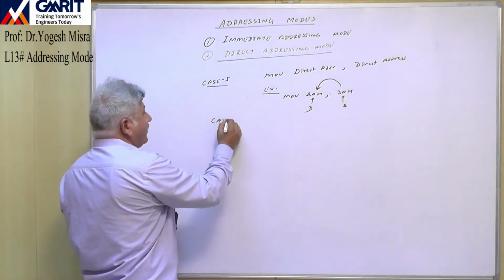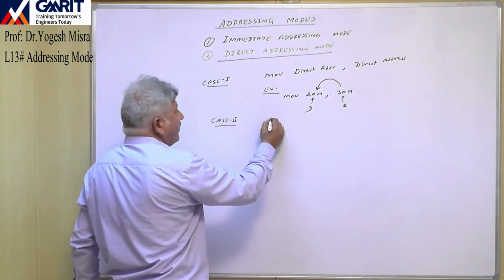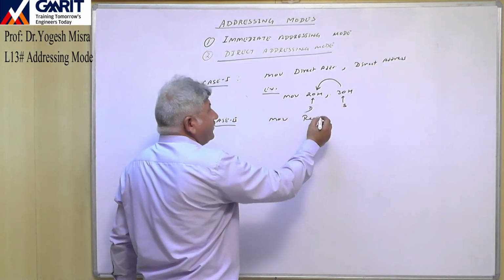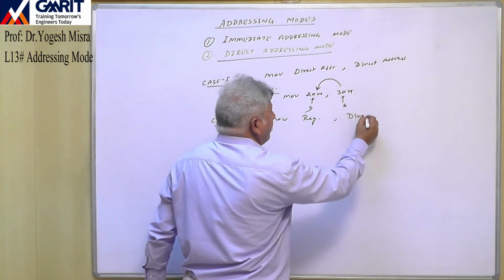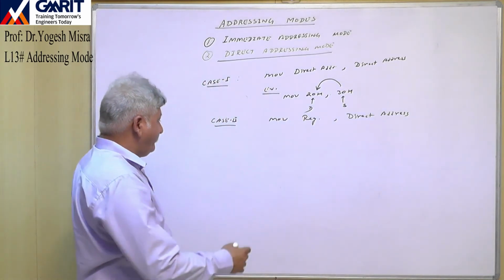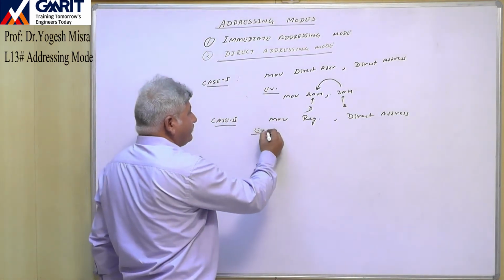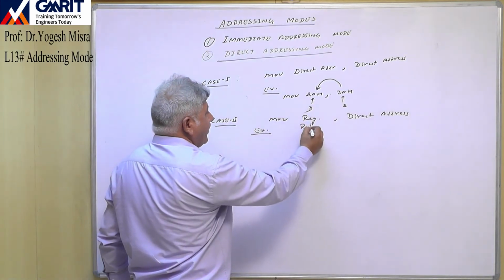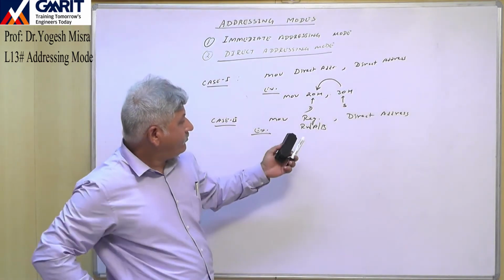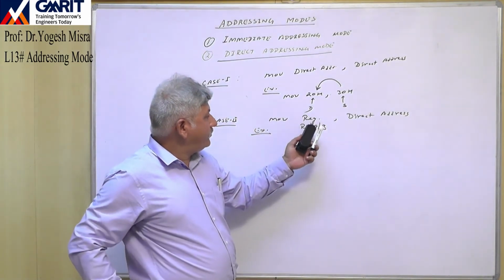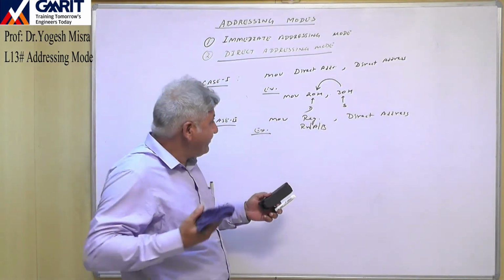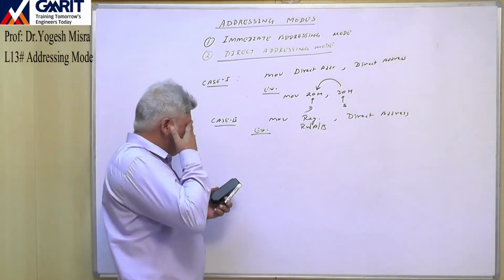In case 2, move some register, comma, direct address. For example, now this register can be Rn, A or B. Rn means R0 to R7, or you can use the destination register A, or you can use register B. Right? So the example is